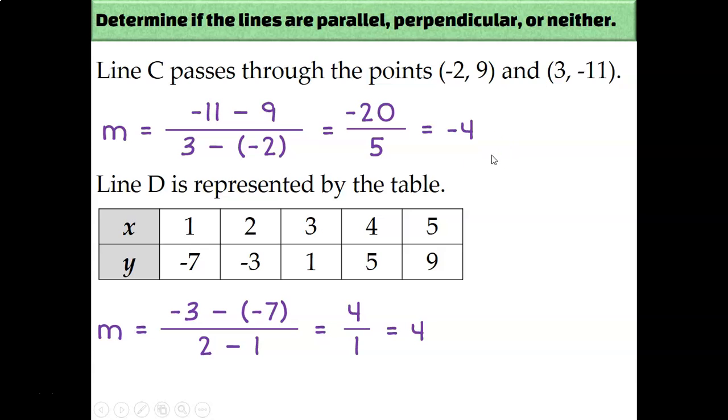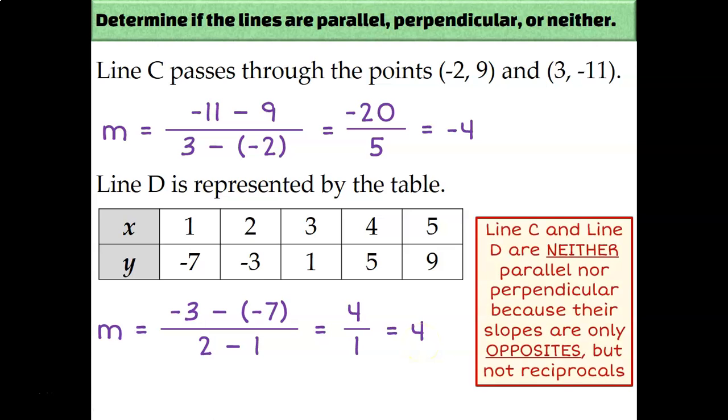So now that we know the slopes of both lines, we need to determine if it means they're parallel, perpendicular, or neither. These 2 slopes are opposite. One's a negative and one's a positive, but they're not reciprocals. They're both just 4. So line C and line D are neither parallel nor perpendicular. Their slopes are only opposites but not reciprocals, which means they just intersect, but not in any kind of a